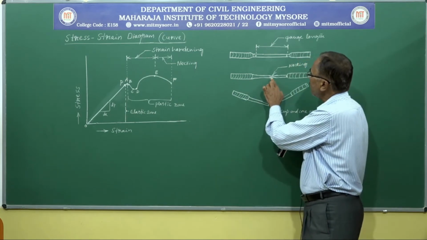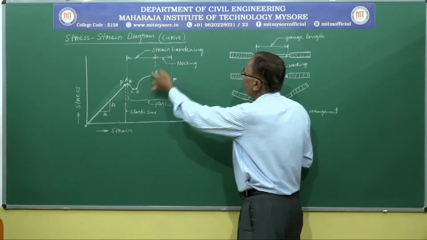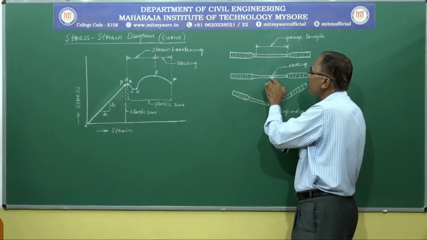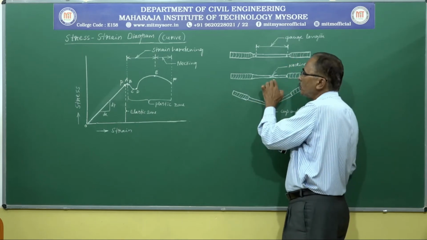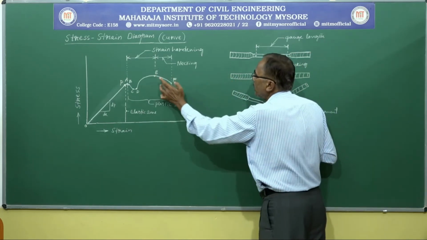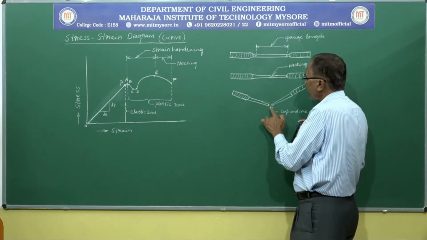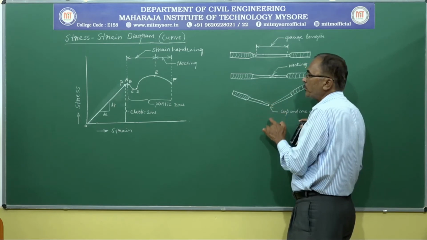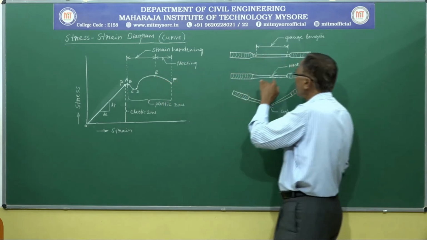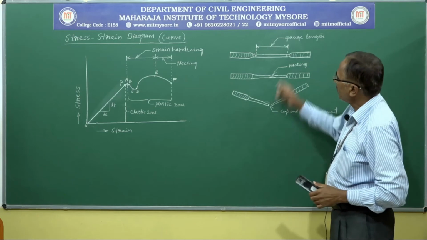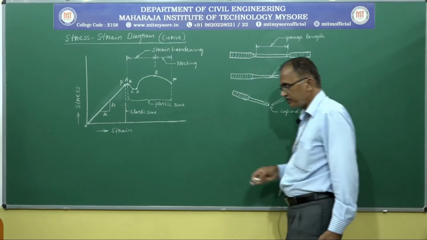There is relatively lesser load at F compared to E because of the formation of the neck. When the material starts forming the neck, the load required is smaller than the strain. With the increase in strain, there is a decrease in the stress. Finally, the load required to fail the specimen is relatively smaller than the ultimate load. This is because of the formation of the neck, and finally the failed specimen will resemble a cup and cone arrangement.